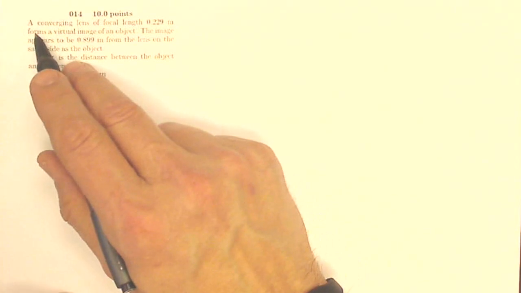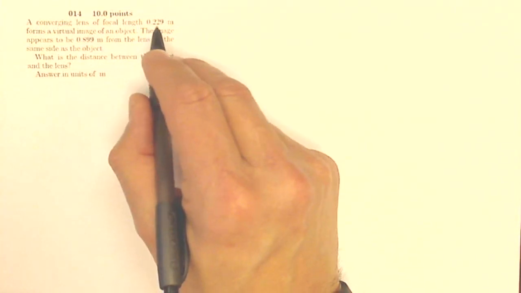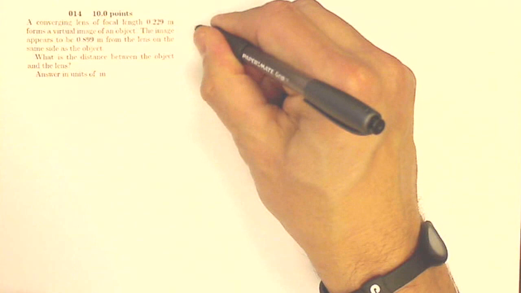This is physics homework number 25, question 14. A converging lens of focal length 0.229 meters. Let me just start there. So my focal length is